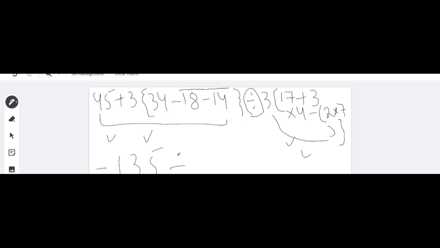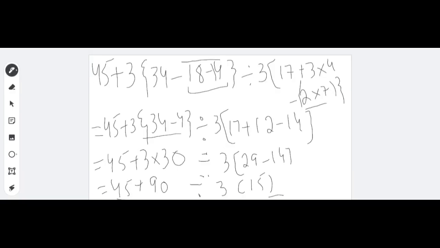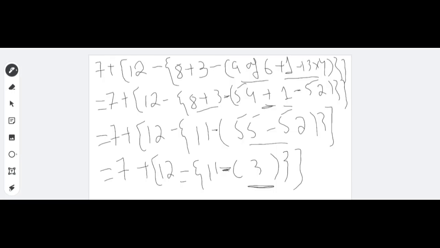I have to use division here. And then the answer of this part is 45. So we have to do the division between these two. Okay, can I do the division? The answer is 3. Now you can check the answer. Is that we forgot the division to multiplication.